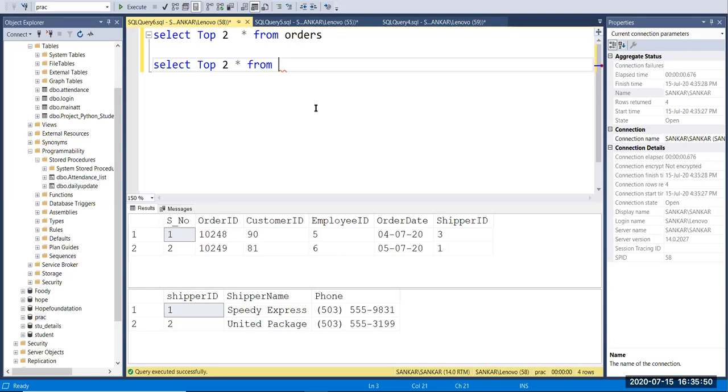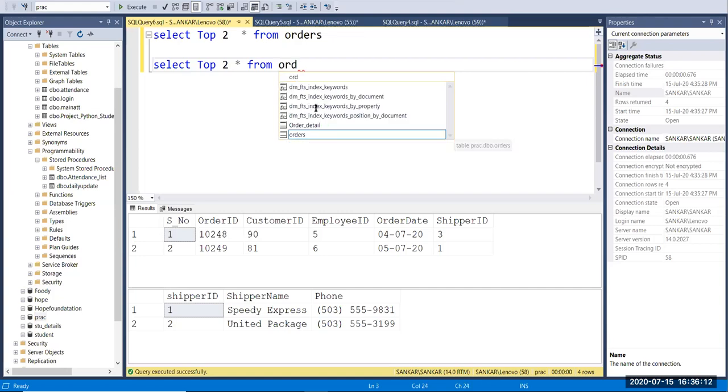Next we have two more tables. If I want to know what products have been ordered here, and also what the order detail is, we have two more tables.